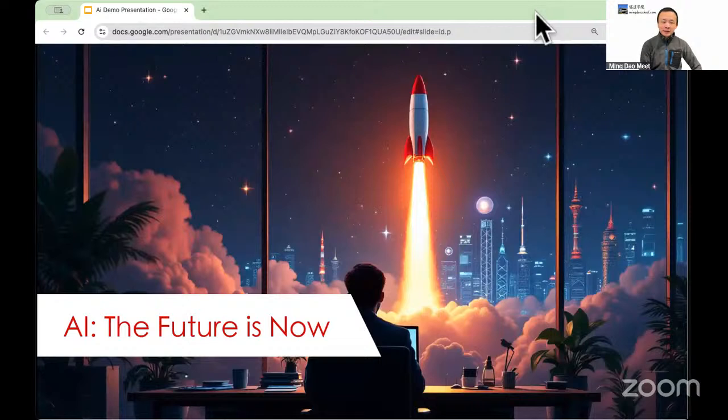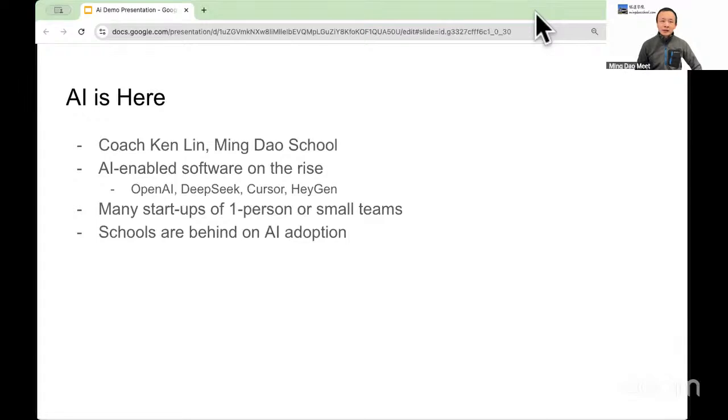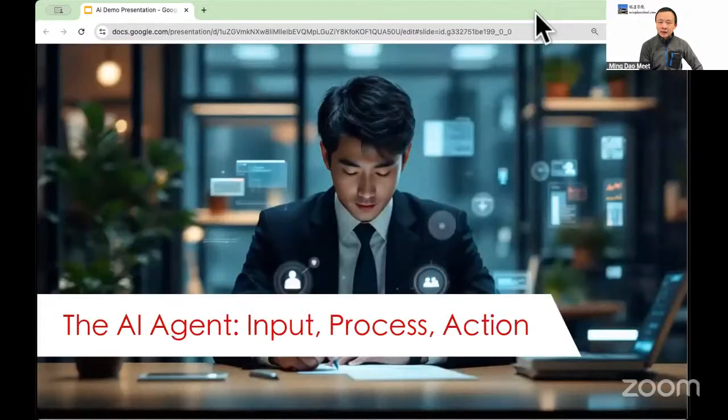At the beginning, we had chatbots, which can have interesting conversations. Now, at the end of last year and the beginning of this year, we are seeing new development on the AI agent front. So what's the difference between an AI agent and an AI-enabled chatbot? The AI agent can usually take input from the real world. It can use AI to process the information, and then it can take action in the real world as well.